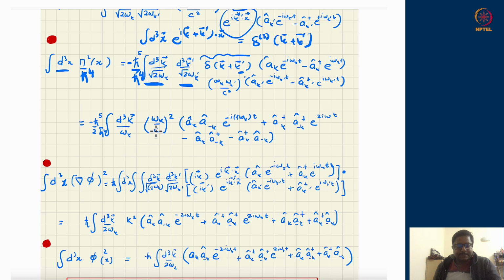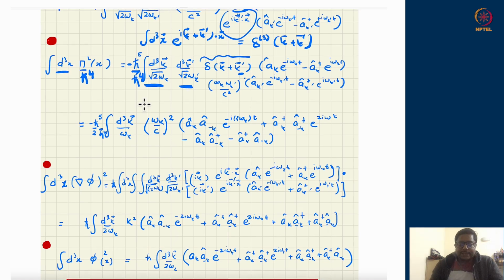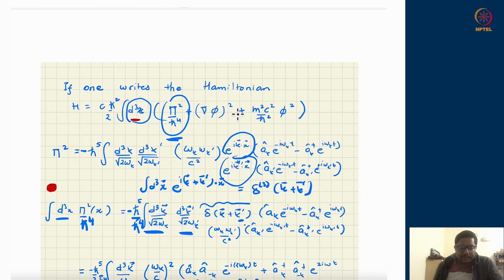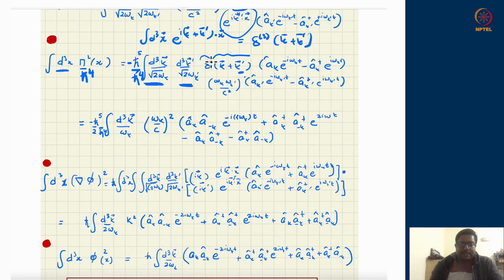All right. Now let us go to the second factor. The second factor is the gradient of phi and then square it. I do the same thing when I look for a gradient. The gradient is with respect to positions, vector x. It will only find positions in the exponential. When I take the gradient, it will bring down an iota k, the vector, down. Taking the gradient of exponential ikx just gives back exponential ikx with iota times vector k. And then I have to square it.